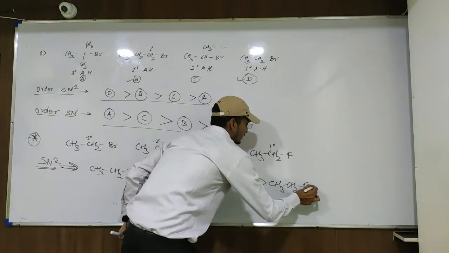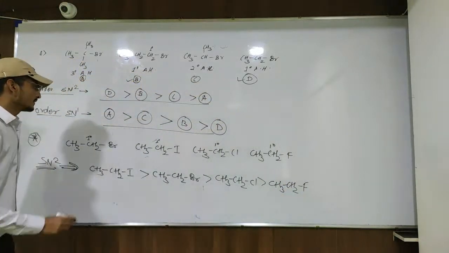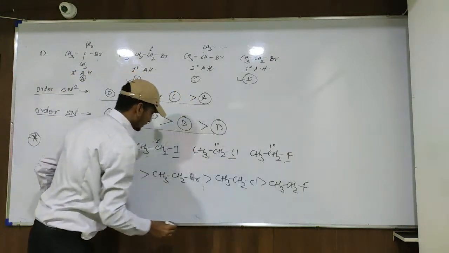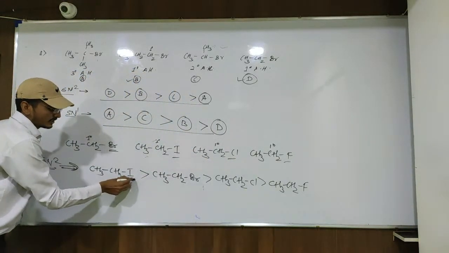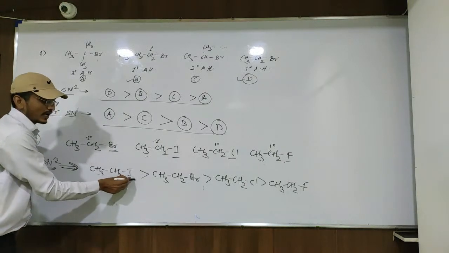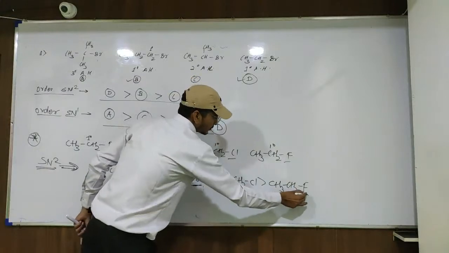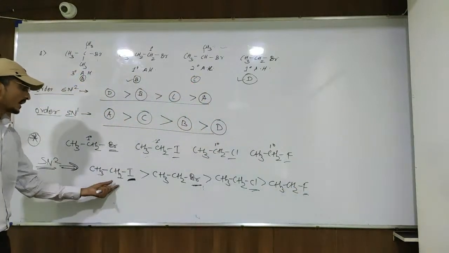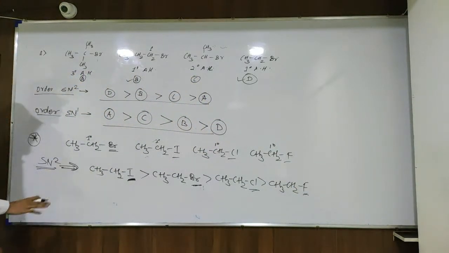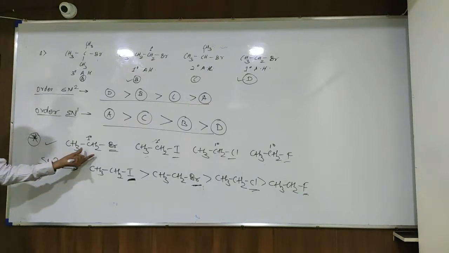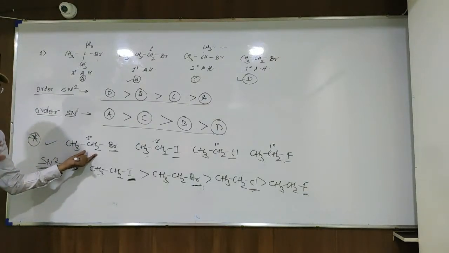Okay, आता बघा सगळे जर प्रायमरीचे एक्झाम्पल्स घेतले पण इथं हॅलोजन वेगळा आहे बघा. इथं Br आहे, इथं आयोडीन आहे, इथं क्लोरीन आहे, इथं फ्लोरीन. मग त्या केस मध्ये ऑर्डर बघायची. पहिला लिव्हिंग ग्रुप कोणता आहे. I-, दुसरा कोणता आहे. Br-, तिसरा कोणता आहे. Cl-, चौथा कोणता आहे. F-. मग त्यानुसार आपण याला अरेंज करू शकतो. ओके. So this is nothing but the order of SN2 reaction with all primary alkyl halides,